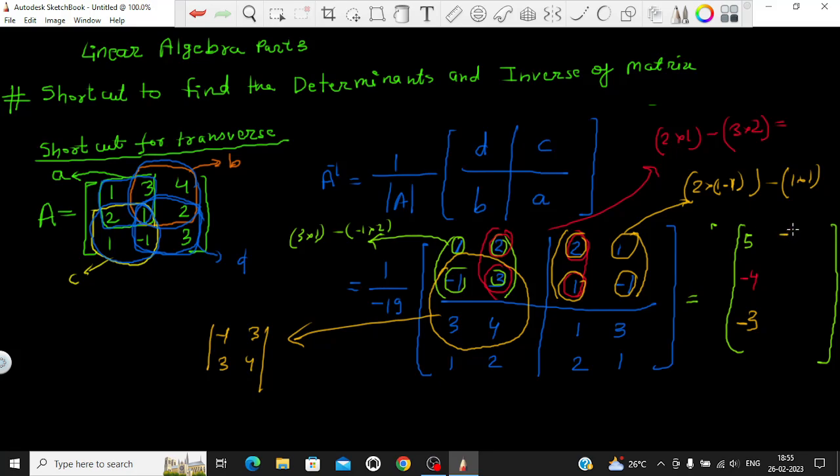So you will get minus 13. Okay, now you take these four values and calculate the determinant. These four values are 3 1 3 1 4 1, and you calculate the determinant